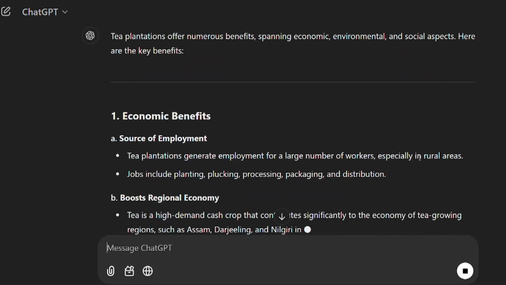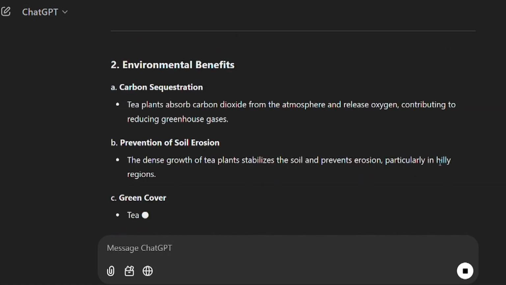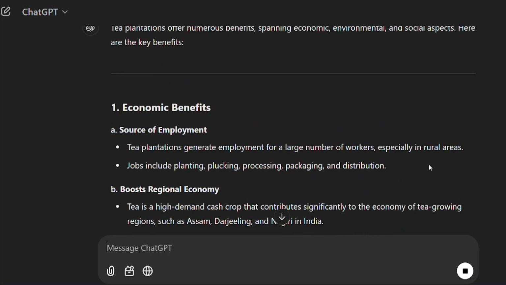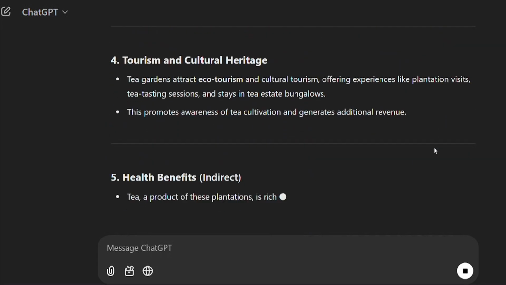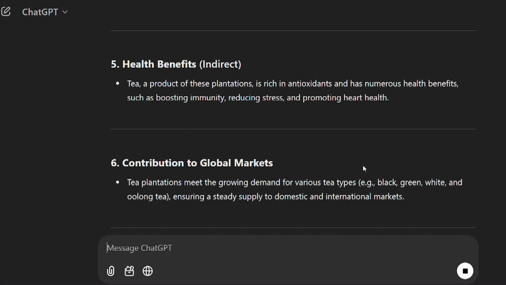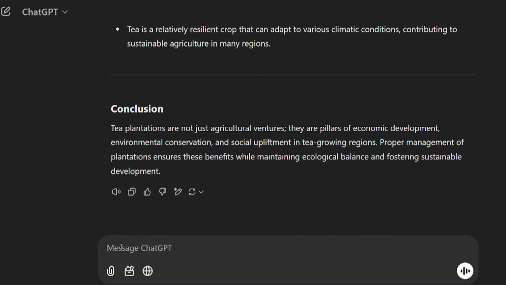Again, it will generate some response that is much broader in sense. You can see it is talking about economic benefits, environmental benefits, social benefits, tourism and cultural heritage, health benefits, contribution to global markets, climate adaptation, and finally it comes to a conclusion. Now, if we modify the prompt and write a context-rich prompt like, what are the economic benefits of tea plantation in Assam,